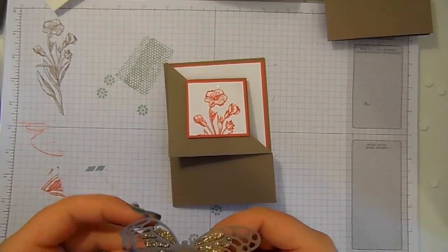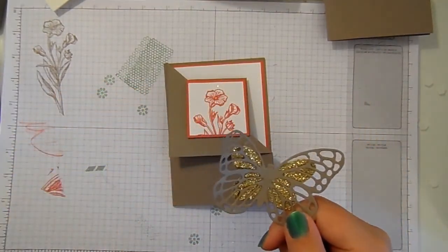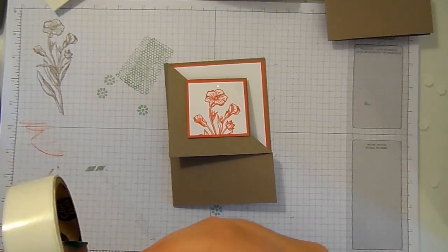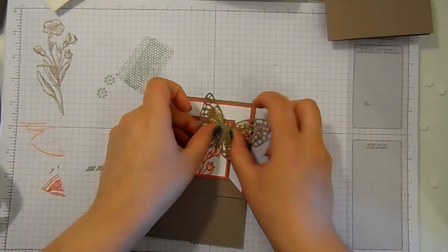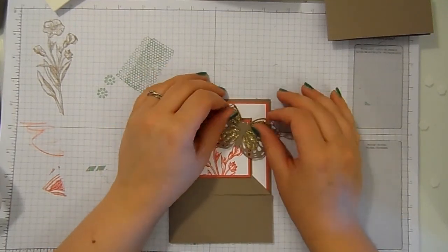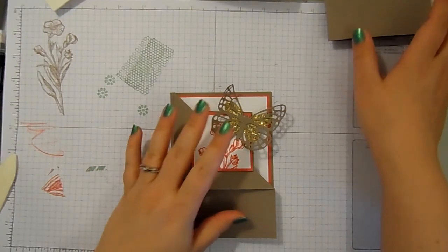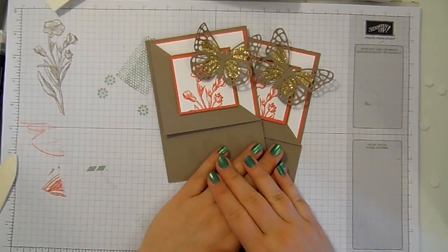Okay, and then just to finish, I've cut out a Tip Top Taupe butterfly with our butterfly Thinlits dies and the solid butterfly in gold glimmer paper, and I'm just going to pop that onto the card with a glue dot in that top corner. And I've used my bone folder to create some movement in the wings of the butterfly, by rolling the butterfly through my bone folder, just to give me some lift. So that is my fabulous fancy fold corner fold card,